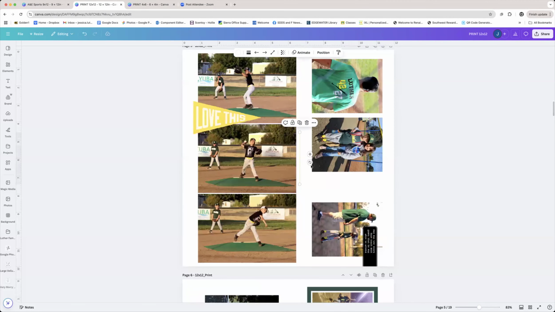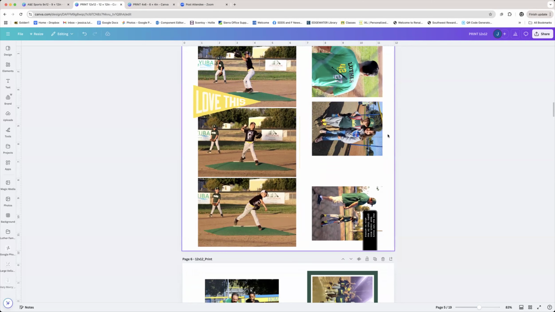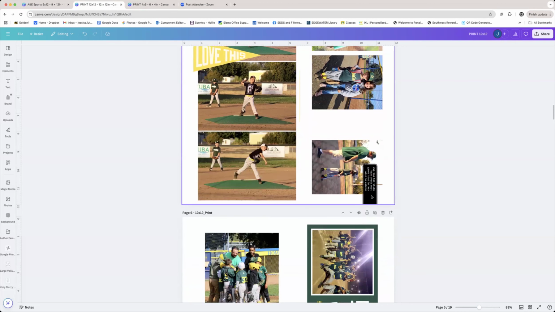So that is how my 12 by 12 document is set up. I added little yellow hairlines to tell me where I need to cut, so that if I cut on this line and I cut on the edge of this yellow banner, it will be 6 inches wide for my album. Otherwise, I'm just going to cut on the edge of the photograph here. This right here doesn't matter because it's just cut off anyways.